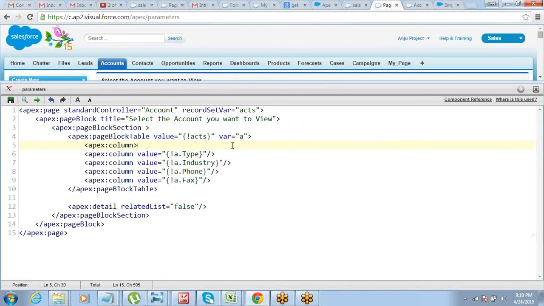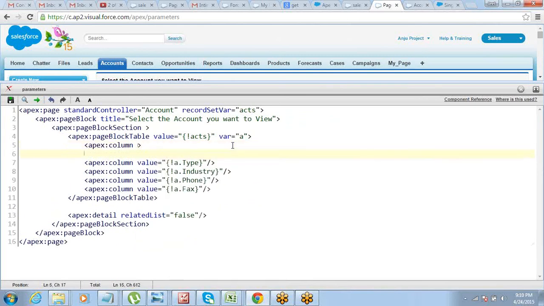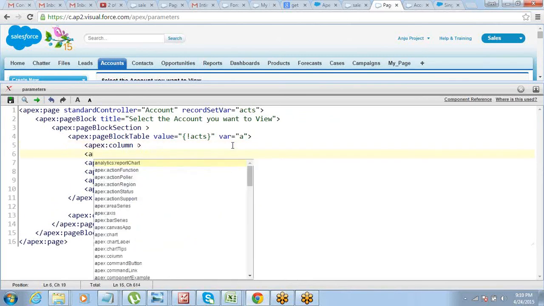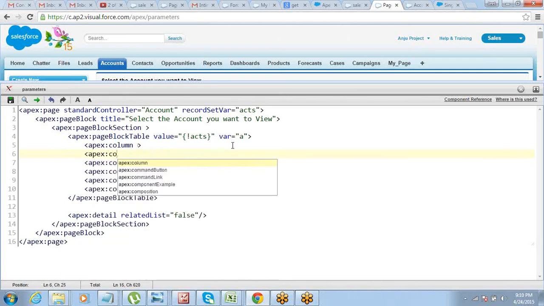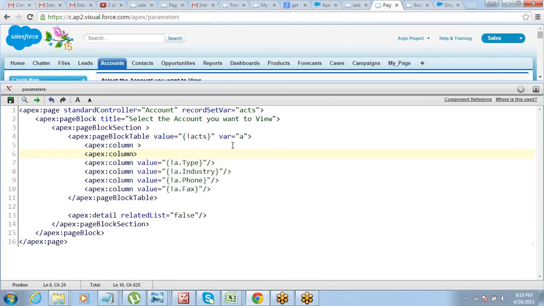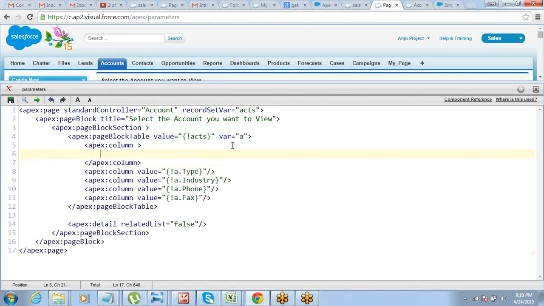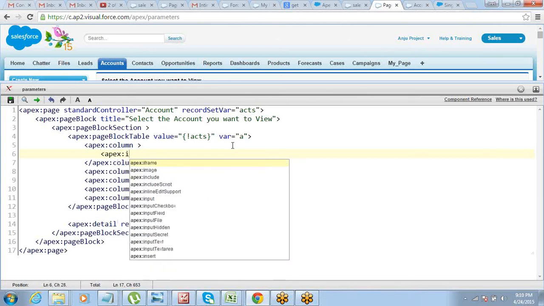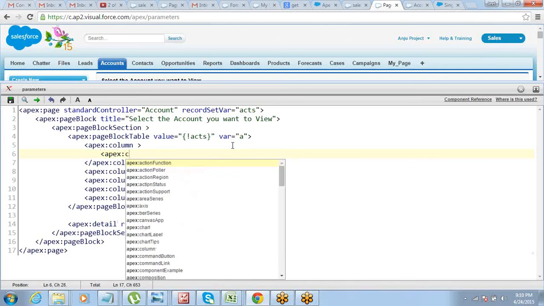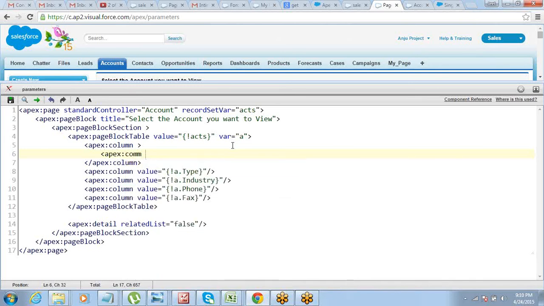First of all, open the column, close the column. And make it command link.